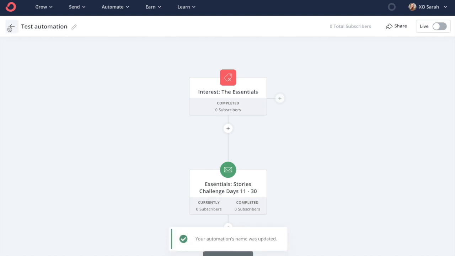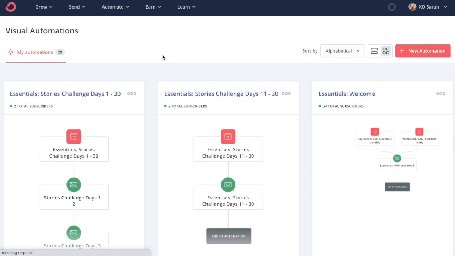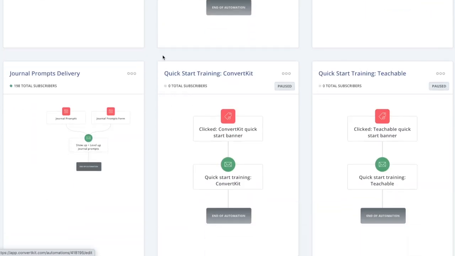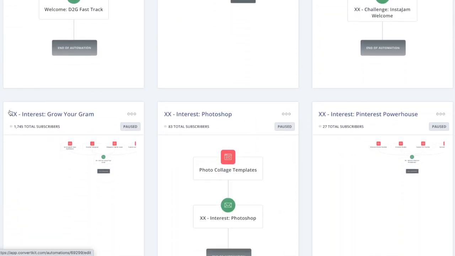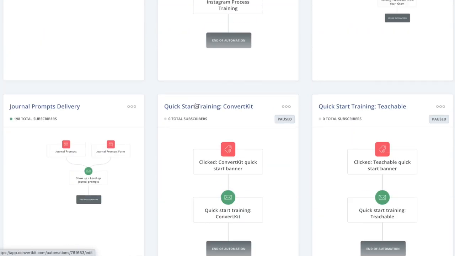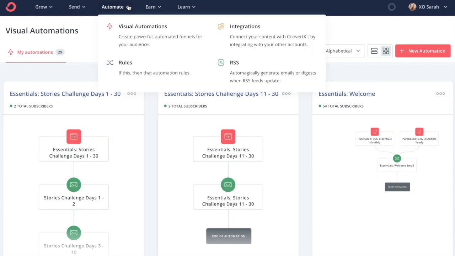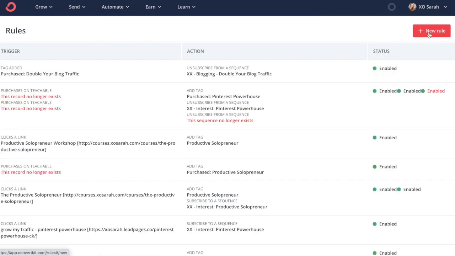And one little hint, if you get to the point where you have a million automations or a million tags or a million forms, what I do is I just add like an X or a Z to the beginning of the name because I know these are off and I'm not using them anymore, so they kind of move out of the way. The other thing that comes under automation that you will get access to with a paid plan is rules. So we'll do new rule,